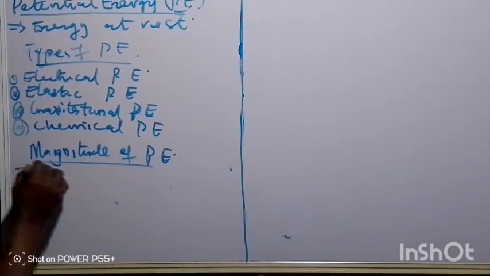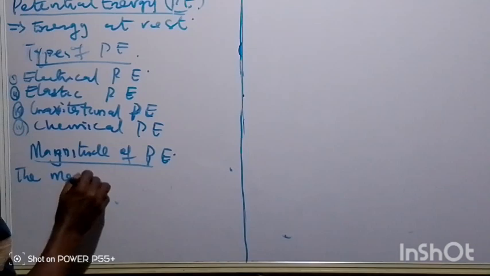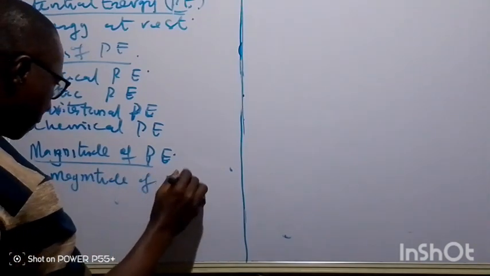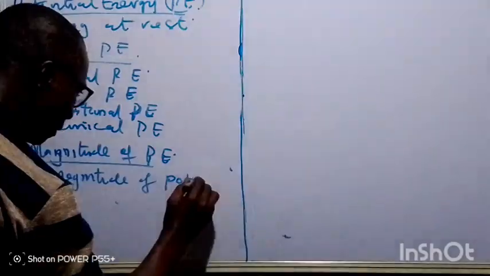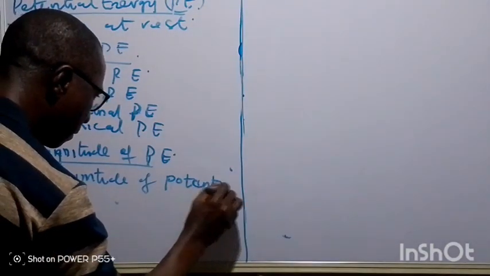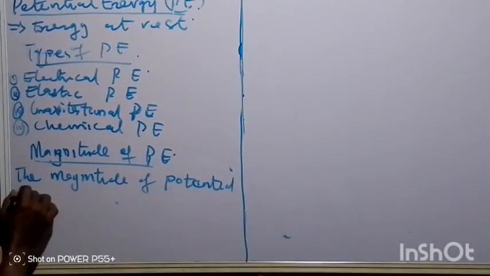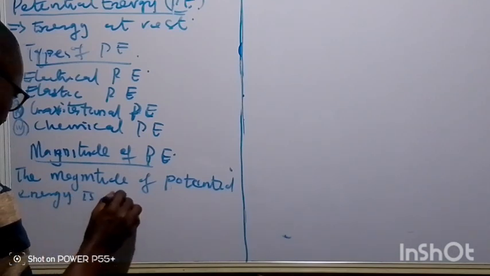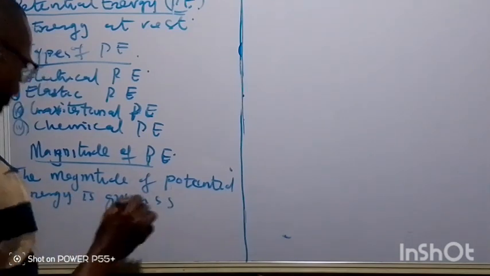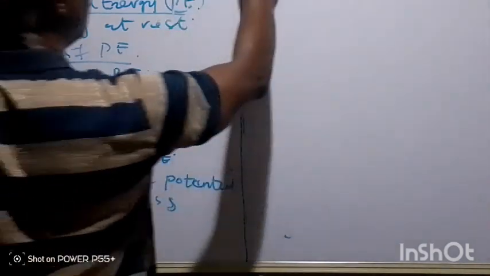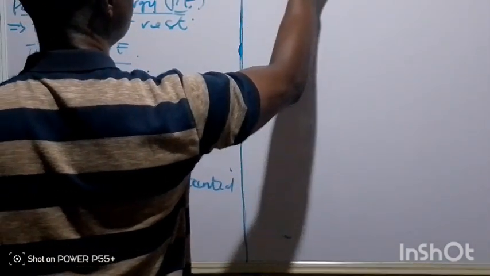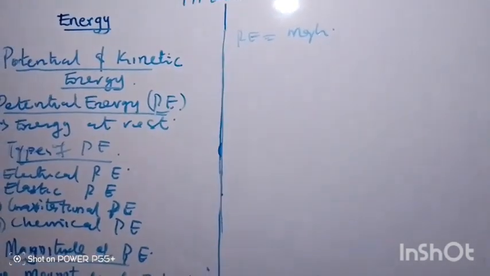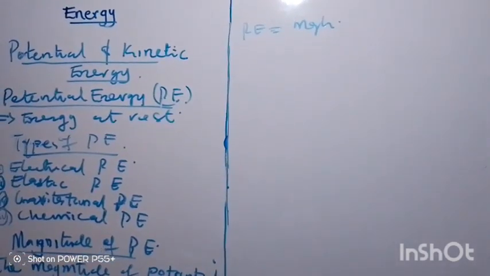The magnitude of potential energy is given as P is equal to mgh, where